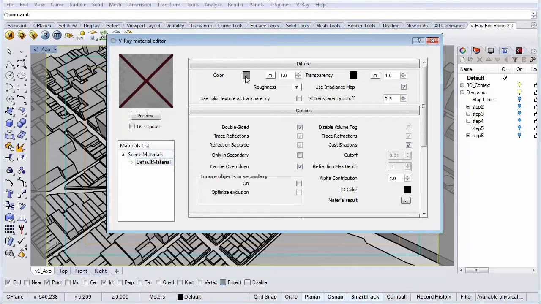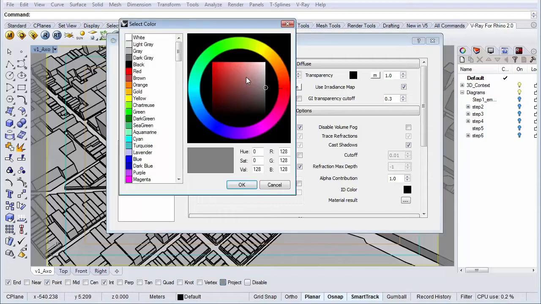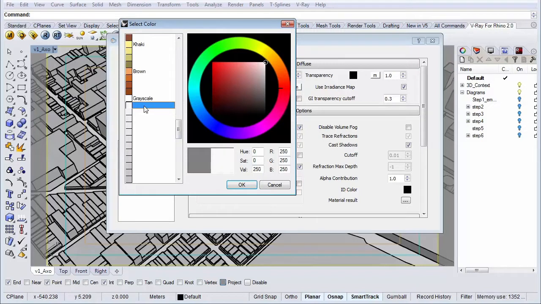As you can see, a material was created with a diffuse layer, only the diffuse layer, as you can see here. And the standard color was set to more or less a dark gray. Now the idea is that our diagrams are going to be light shades of gray. So let's change this color to an almost white tint. Let's scroll down and choose more or less this one, which is 250 for the RGB value, which is almost white, but not quite.